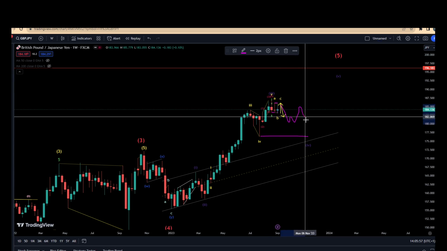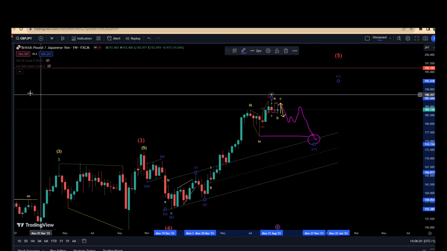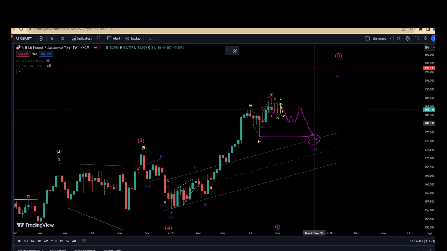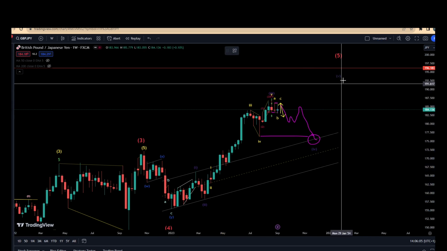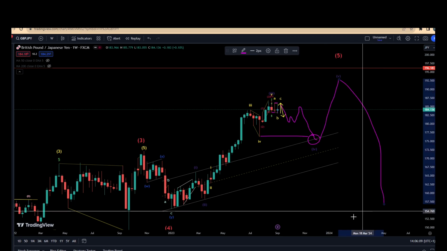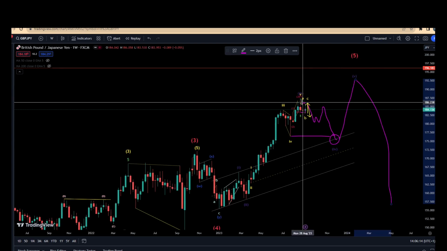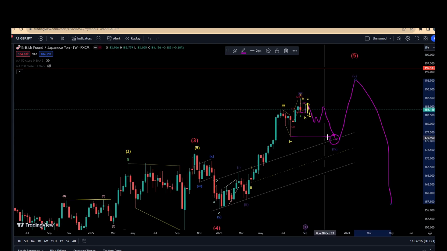Then we get three waves, come back down again, wait for that price action confirmation to give us that wave completion and to give us an entry or signal that we're going to continue going upside for that fifth wave, and then we go up one more time before we get that huge drop coming with this pair. But nevertheless, I'm going to be assuming bearish, and not just that. Keep in mind, this is a wave 4.